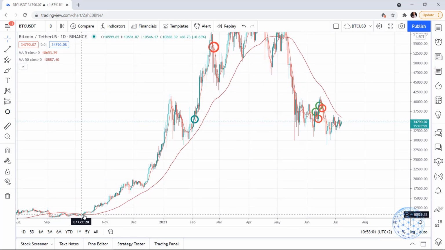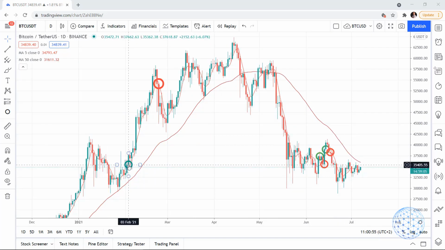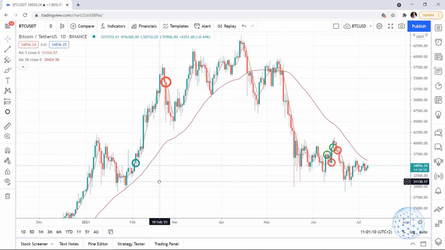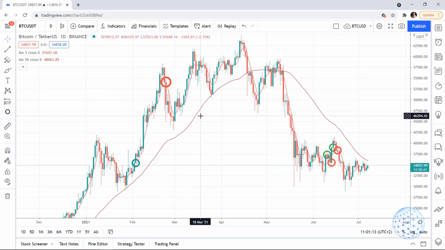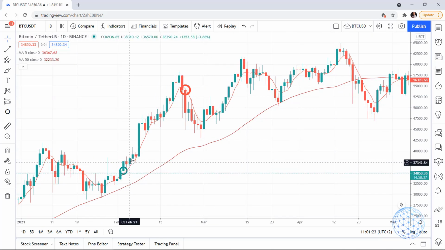Okay, for some time it was going down right here, and then from, what is it, 9th of October 2021, when the price was at about $11,000, very clearly we are in an uptrend up until May, when the 50 moving average changed its direction downwards. So if you are using an exchange and you want to use that strategy, all you have to do is look for the 50 moving average to be rising in order to look for the entry signals, when we have the price going above the 5 moving average, or to look for a candlestick that opens above the 5 moving average,